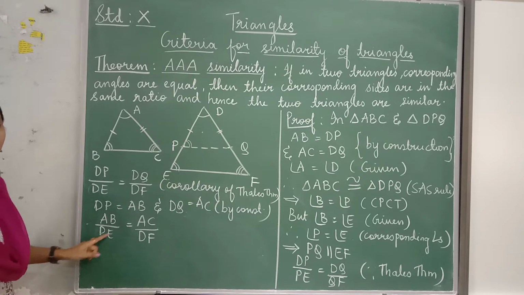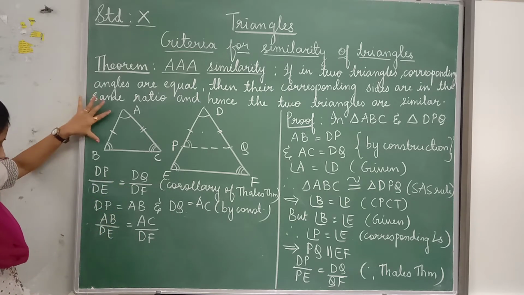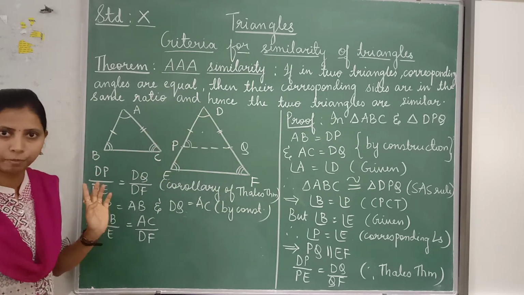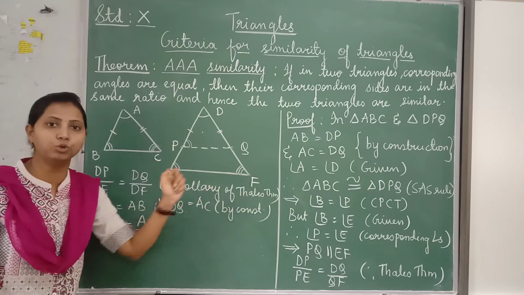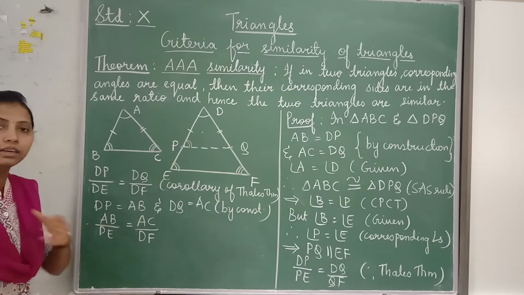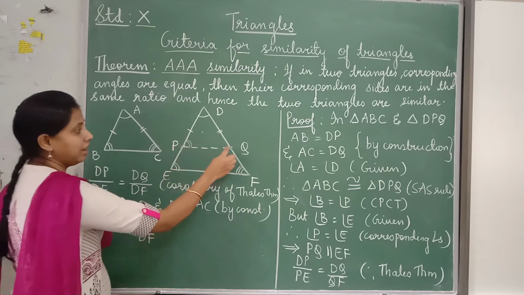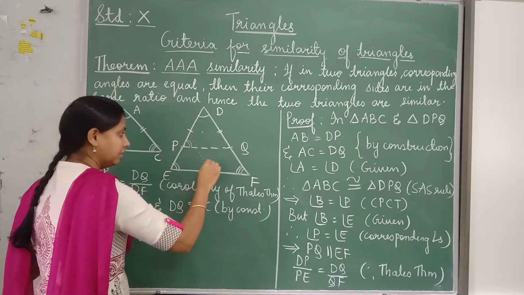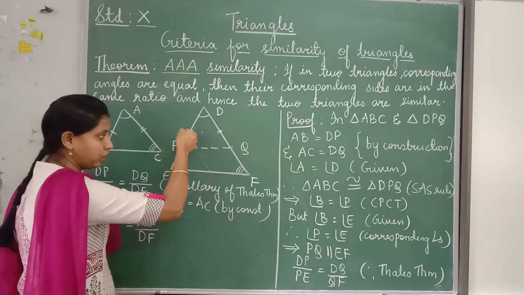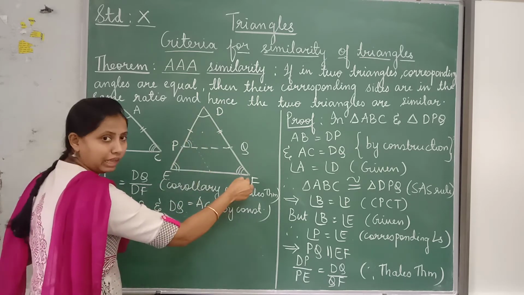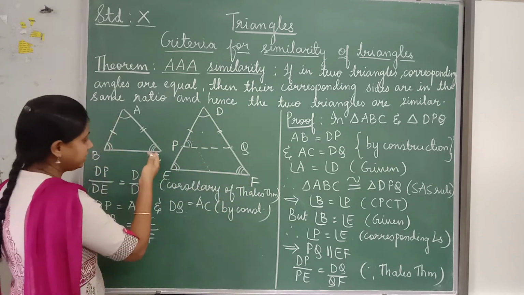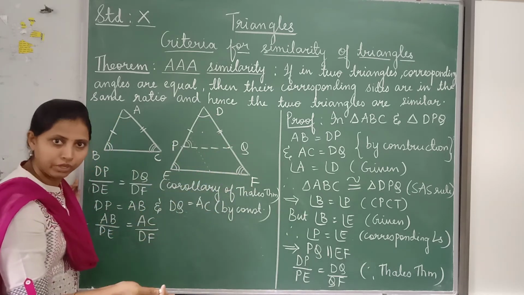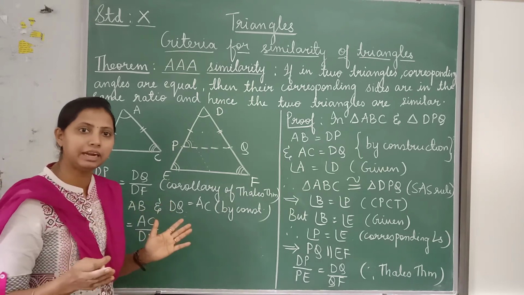Now you can see we got the ratio of two sides equal, that is AB upon DE is equal to AC upon DF. So now what about the third side, children? How to prove the third side? To prove the third side, what we have to do is, instead of proving this line is parallel, you have to draw one more line parallel. One more figure you have to draw and this line you have to draw parallel. Prove that it is parallel to DF and then you can get BC upon EF is equal. Similarly, same steps again you have to follow with one more figure. So instead of doing that we can directly write similarly.